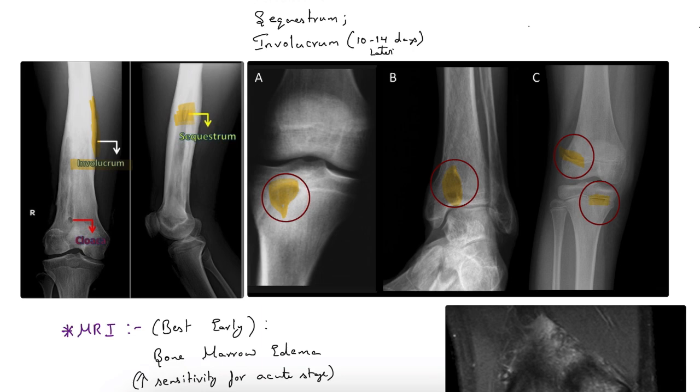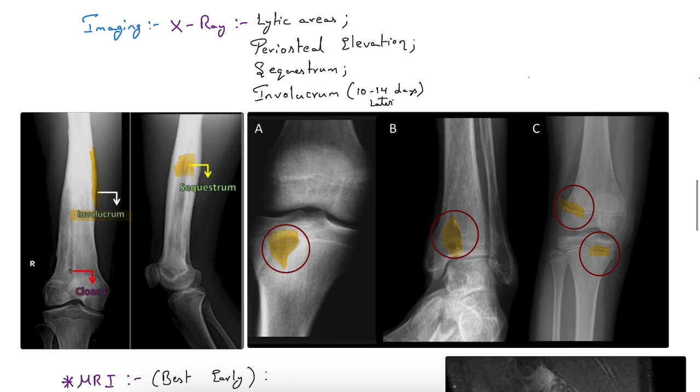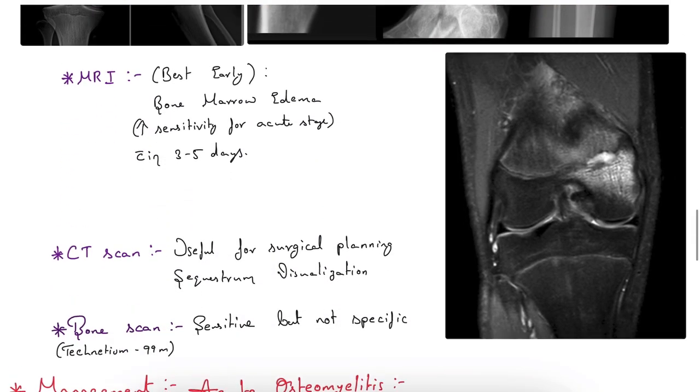So in X-ray, what are the things we observed? First one, lytic area, meaning bone breakdown, and periosteal elevation, or we can say periosteal reaction, or sequestration, that means necrotic bone tissue, necrotic bone. And involucrum, we can see these changes after 10 to 14 days of the osteomyelitis. When you are doing the MRI scan, this is the very best